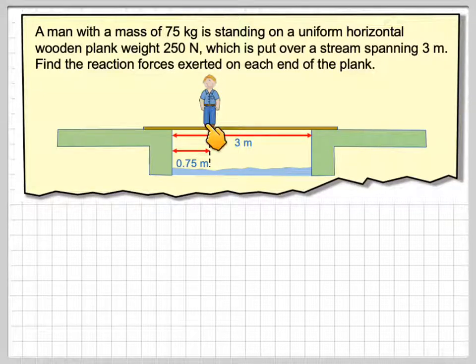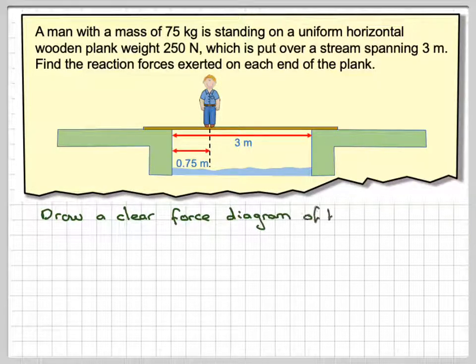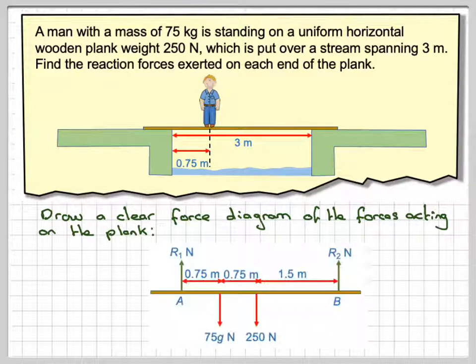Okay, so we've got a man here who is 0.75 meters from this end, and we know the length of this plank is 3 meters. So what you've got to do is draw a clear force diagram of the forces acting on the plank. So here we have the plank. We have one reaction force, which we're going to call R1 newtons, and a second reaction force, which we're going to call R2 newtons. We know that the man is standing 0.75 meters from the bank here,